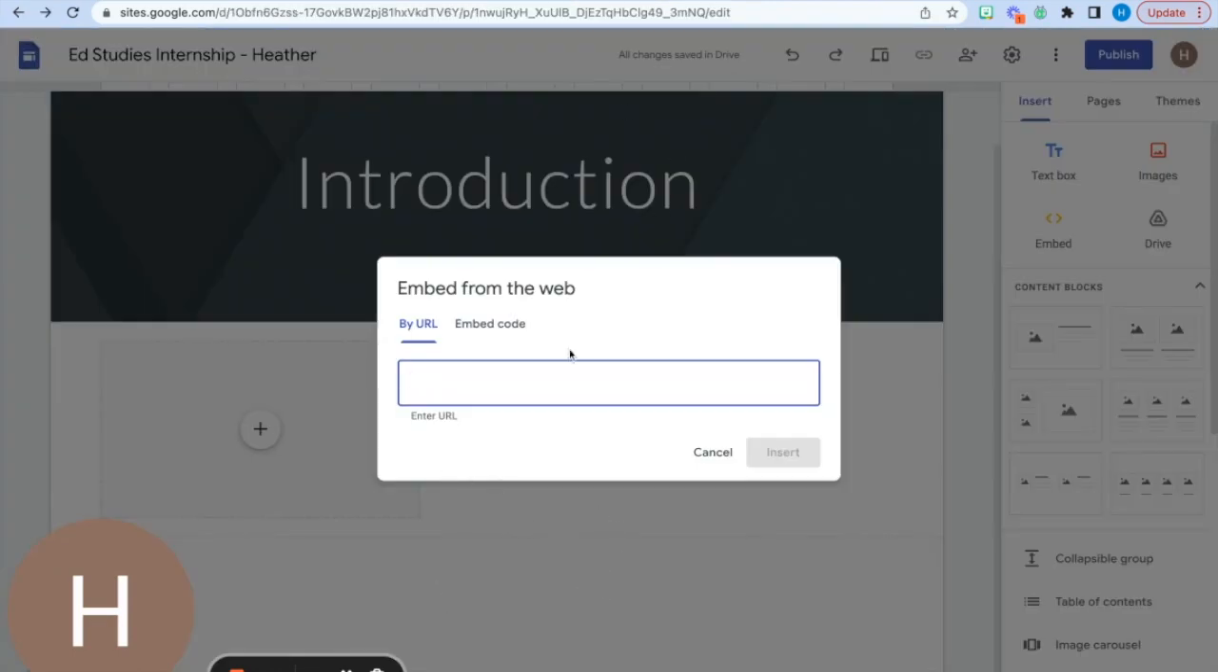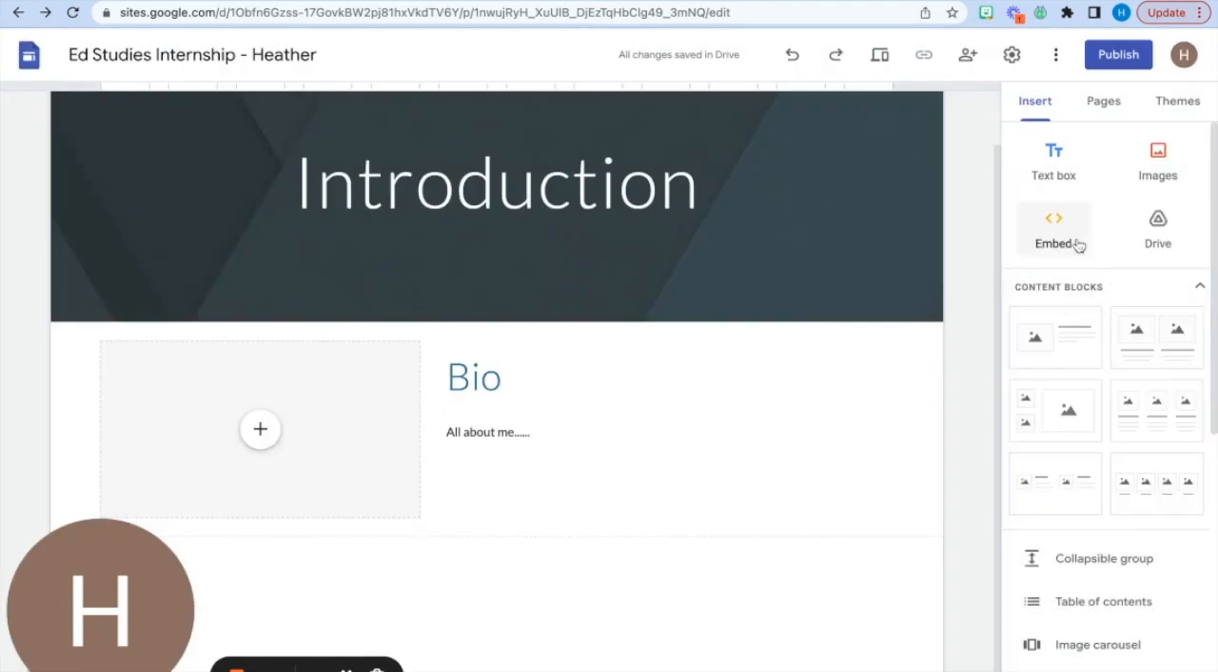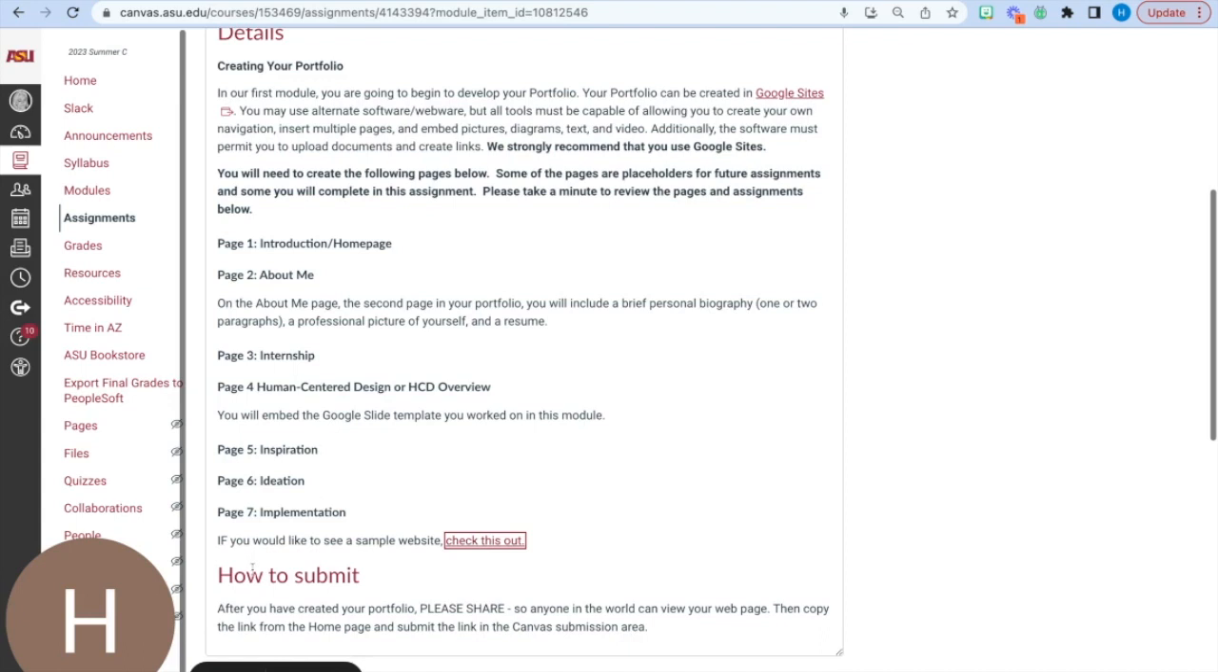So if you were to put something else here, a different document, then it would link directly to that. But that's how you embed something. You need to make sure you embed it so that it is constantly changing if you change it elsewhere. All right, that kind of sums up these components. The next thing that you need to make sure that you have done